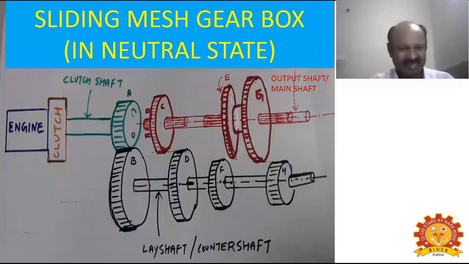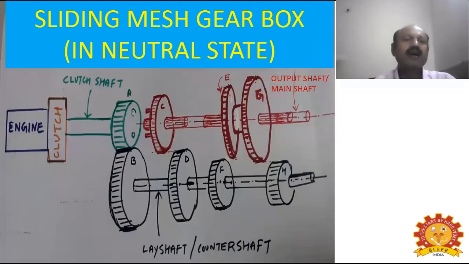The clutch shaft gear A is a small gear, so that is rotating at 4000 RPM. But it is engaged with a bigger gear. So normally the bigger gear will be rotating at a low speed. In a pair of gear engagement, the small gear will always be rotating fast, and the bigger gear will be rotating slowly. So in this example, I have taken that the engine is running at this moment at 4000 RPM. The A gear which is connected to the clutch shaft also rotates at 4000 RPM. The gear A, as shown here, is in mesh with gear B.